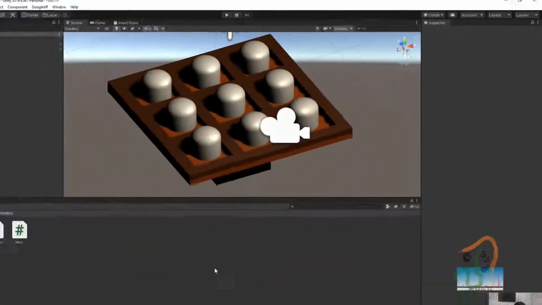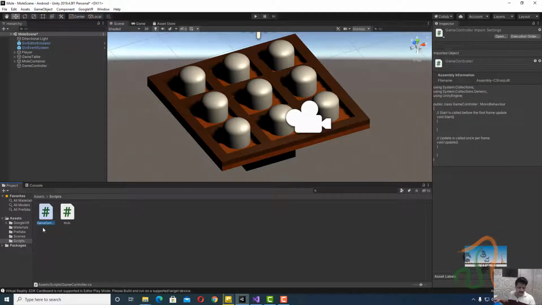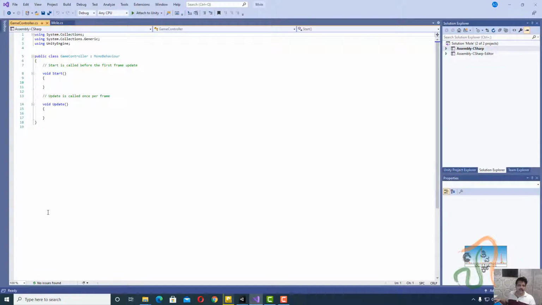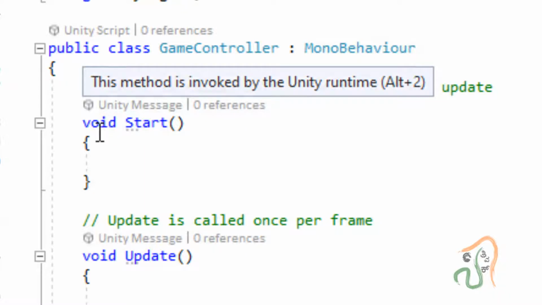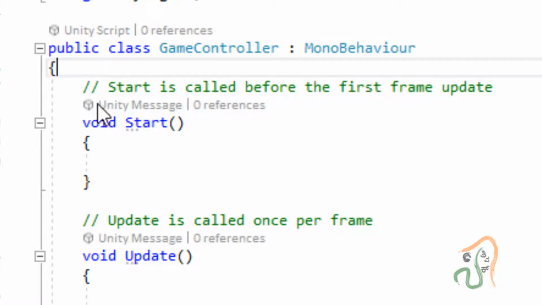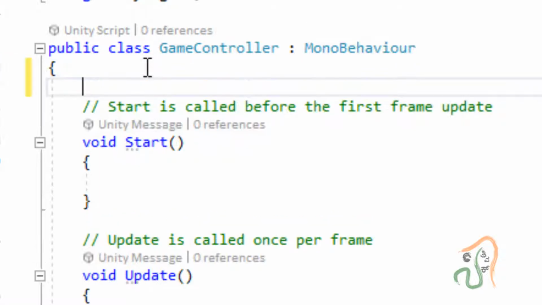Now select this game controller and double click. This will open in Visual Studio. Here the first thing we want is to have the moles called one by one, and to make that happen, after the public class GameController : MonoBehaviour open bracket, press enter, and in the first line let us declare a variable of type GameObject.